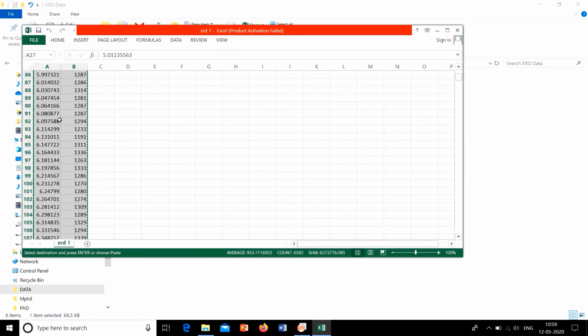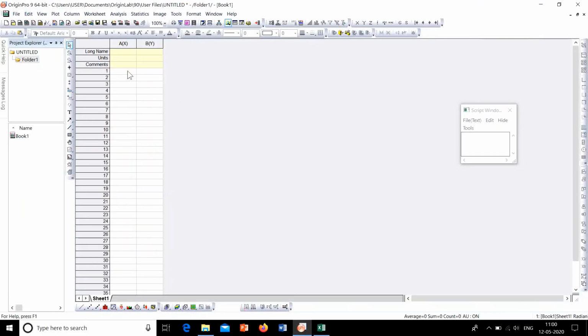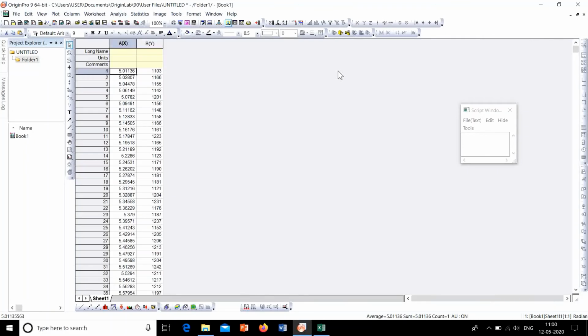Now copy this data. Then go to the Origin workbook. Select the first column and paste the data there. So you can see that x and y values are pasted here from some sort of text data.